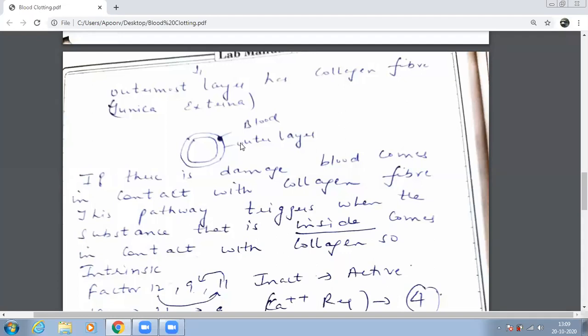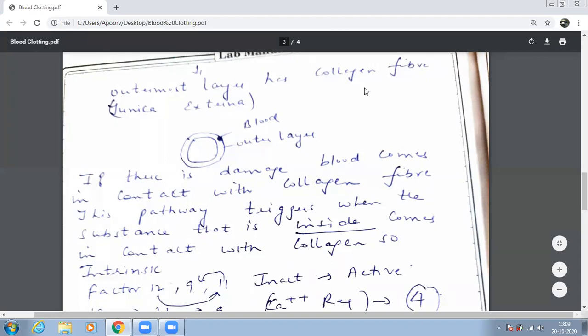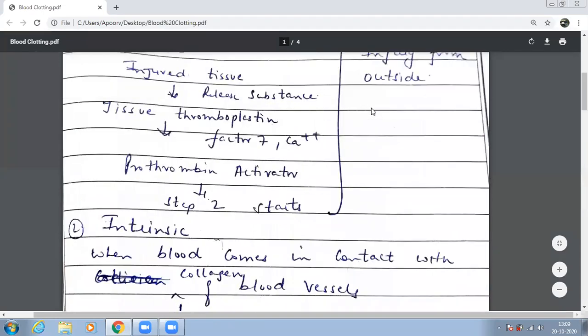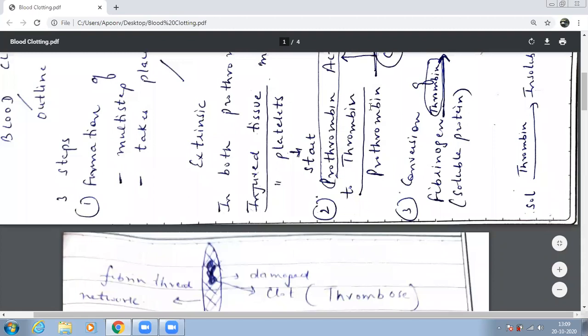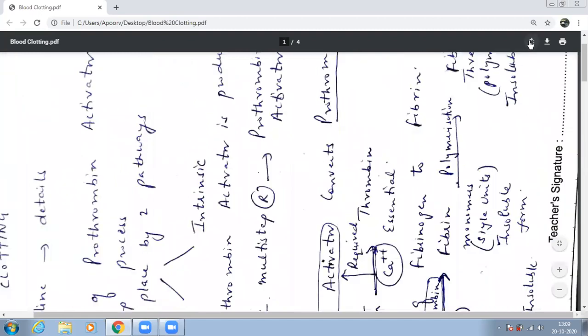Tunica adventitia. Yes. Beta, sometimes if there is damage to the blood vessels, then blood comes in contact with the outermost layer. There is damage in the inner layer, so blood crosses from there, reaches the middle layer, and from the middle layer it has now reached the outer layer. And the outer layer contains what? It contains collagen fibers. Beta, if you remember when I started this, I had written it with a slash. Let me show you once again so that there is no confusion over here.